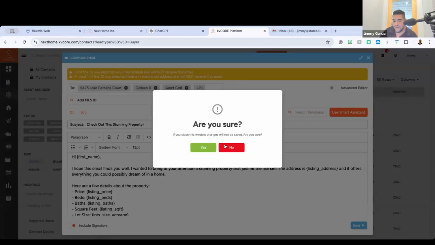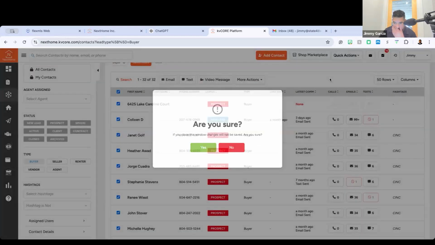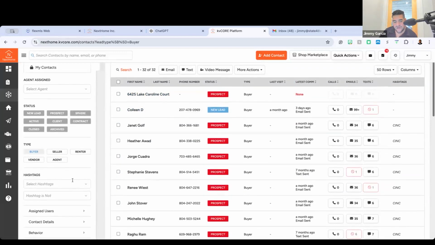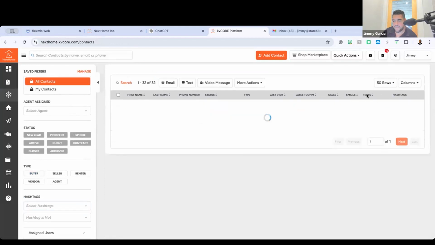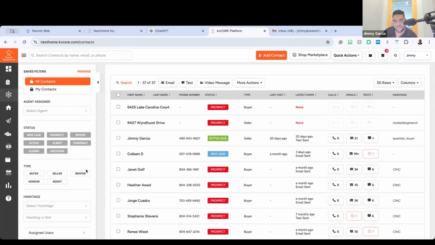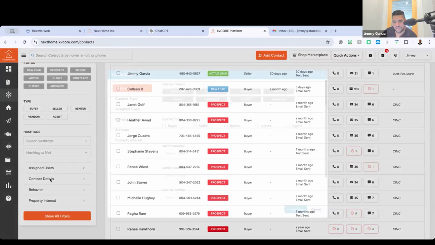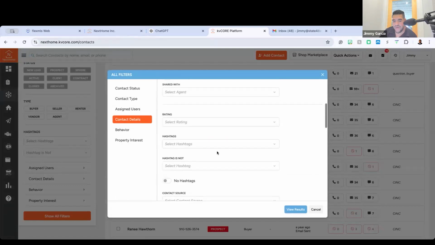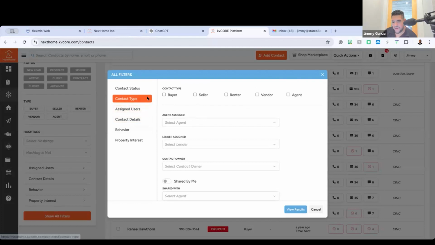Now, those of you who are really deep in your KV Core and database management system, let me close out of this. All of these people, right? You're going to be able to filter, go into your contact details, and one of the items, you have your buyer, seller, renter, vendor, agent.